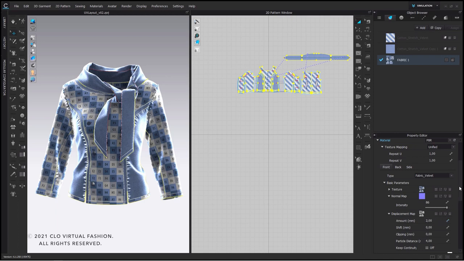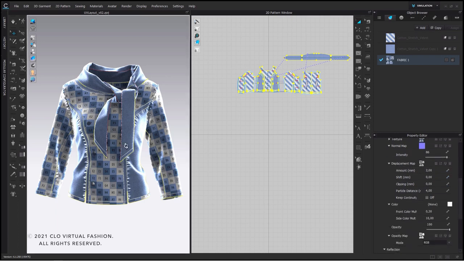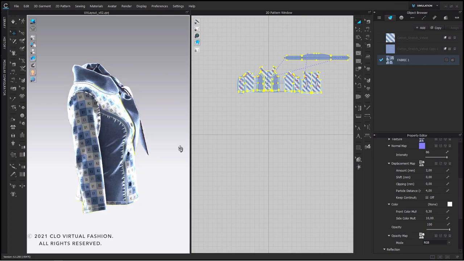Now we've combined multiple fabrics onto one fabric, and we can use our baked UV texture maps for other